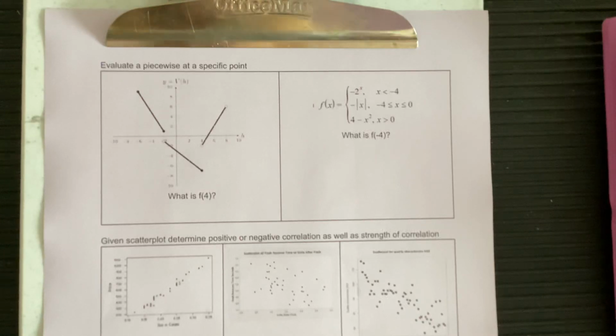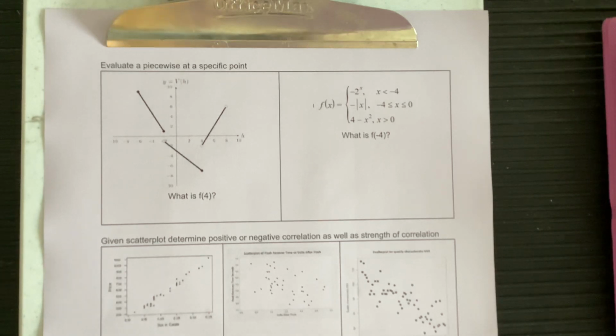All right, this last one's gonna be a nice short video, okay? So, on this one, we're gonna evaluate piecewise at specific points, and then we're gonna calculate scatter plots and talk about R values and all that good stuff. So, on that first one, evaluate the piecewise at a specific point, and it asks you, what is f of